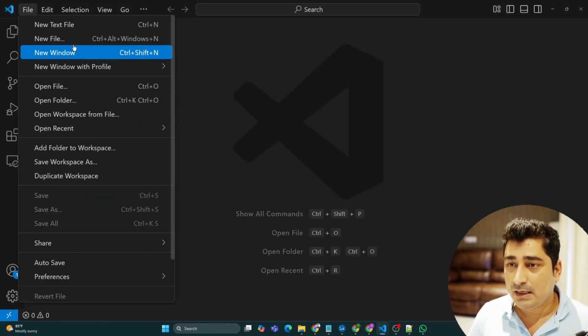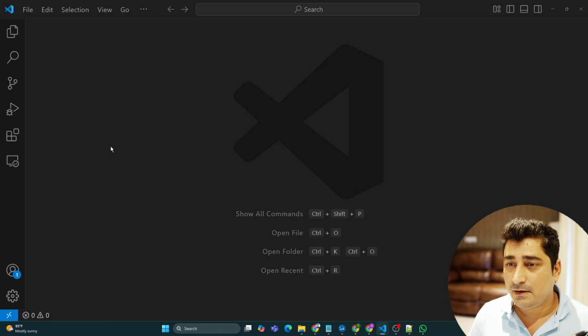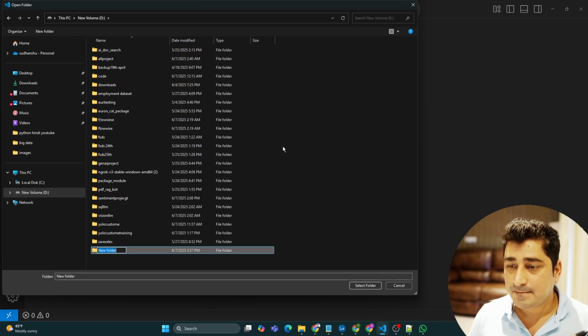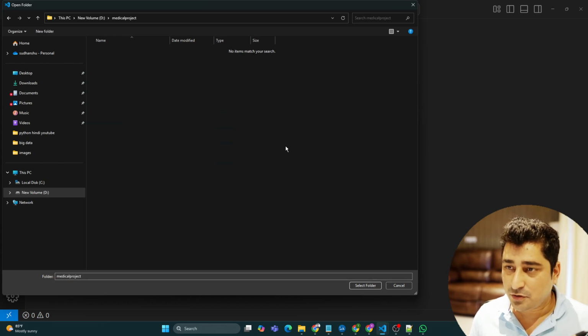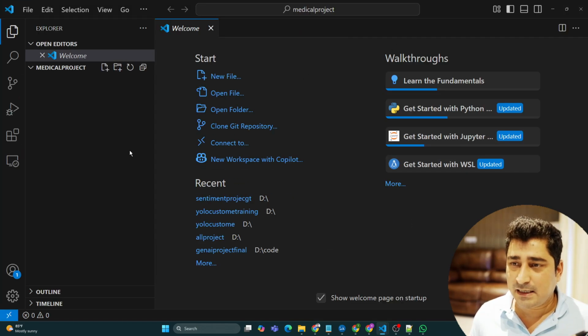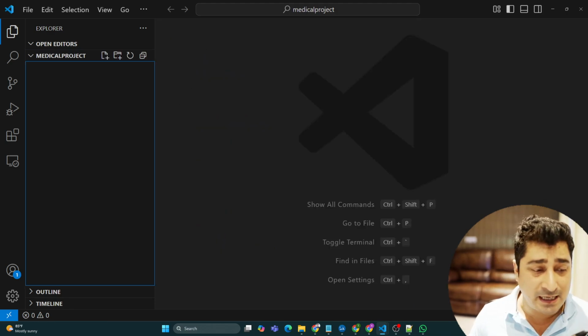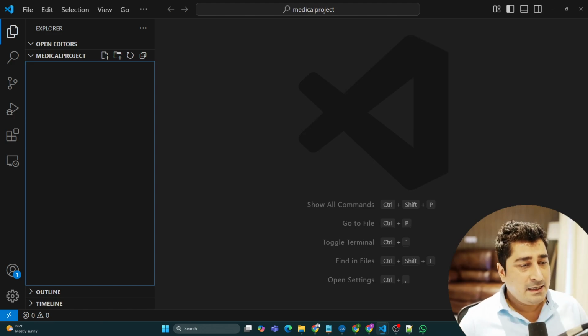And then let's create a new folder for this project. Medical project, I'm going to keep it as a name, and then select the folder. So this is my folder, a simple raw blank folder I have created. Now inside this,